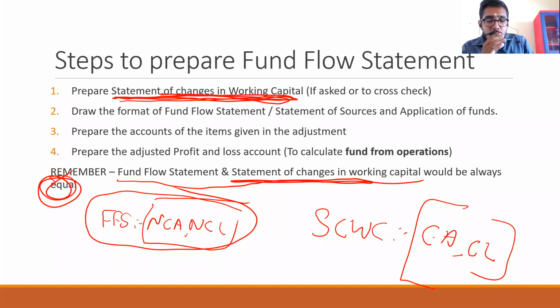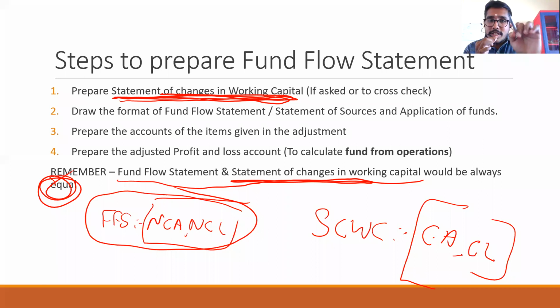That is a typical question. So what do we know about adjustments while preparing final accounts? What is the basic idea about adjustments? There will be two entries. It will be there in two places, right? Either trading account or balance sheet, or profit and loss account and balance sheet. Likewise, here also you will be given a balance sheet and additional information. That additional information will be mentioned in any of the two places, because we are going to prepare n number of accounts in fund flow statement.